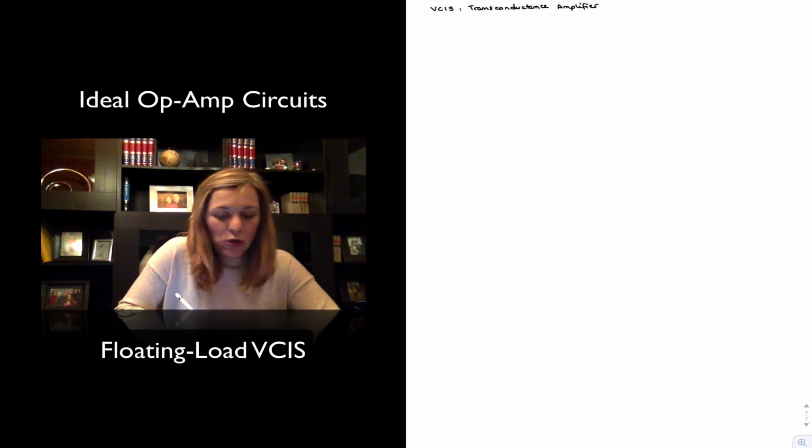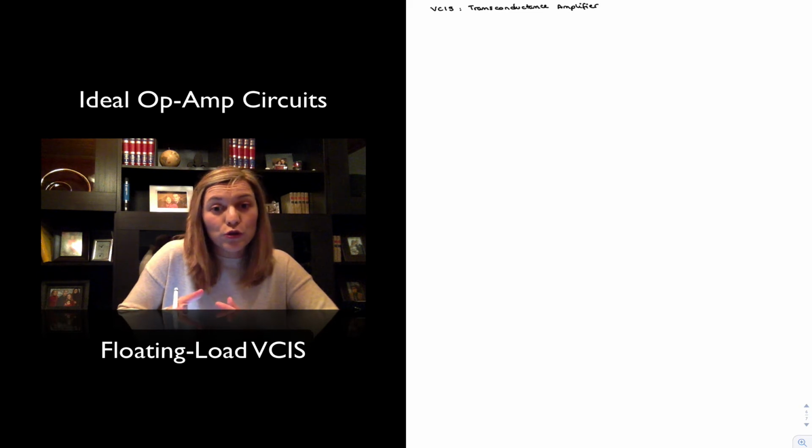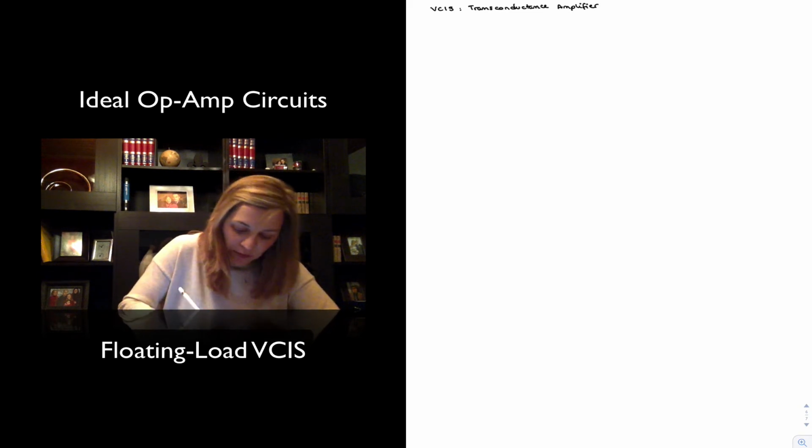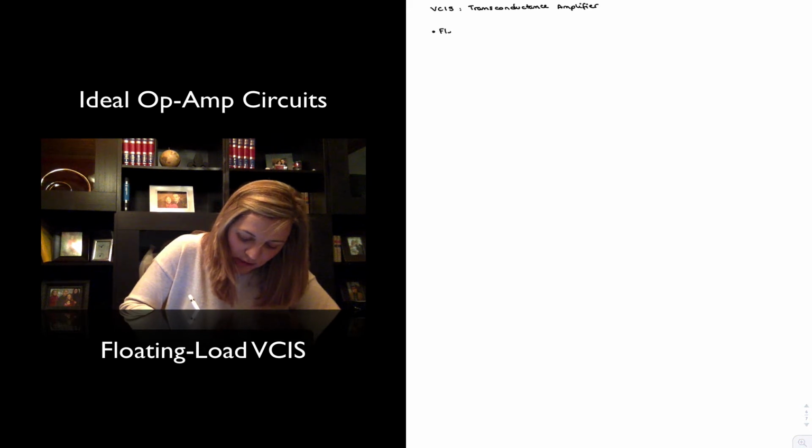And we're going to take a look at examples that contain floating loads. And what we mean by floating loads is that none of the load terminals are connected to ground. Then we're also going to see some examples of grounded load transconductance amplifier. But for the first one, we're going to see the floating load